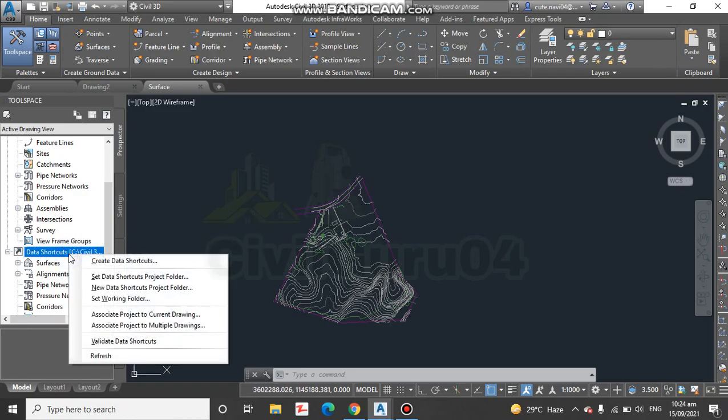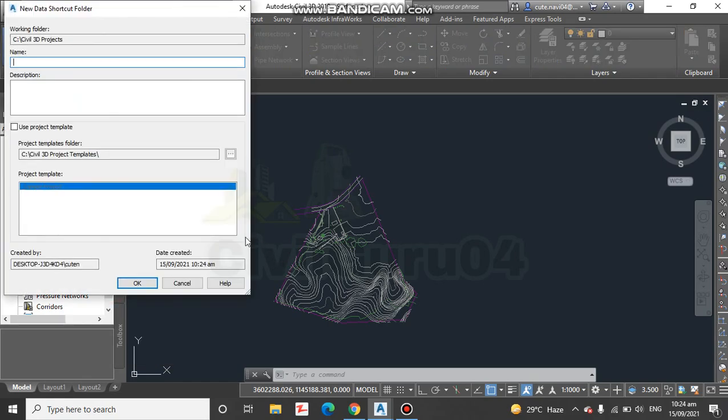Right click and select new data shortcut project folder. The new data shortcut folder dialog box has opened. Type sample project in the name field and click OK. You can put any name here, but for now we can put sample and click OK.